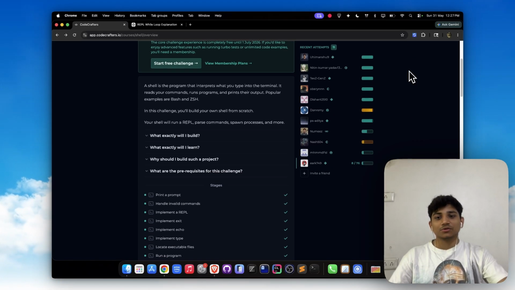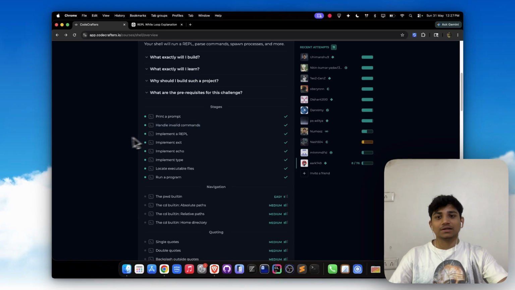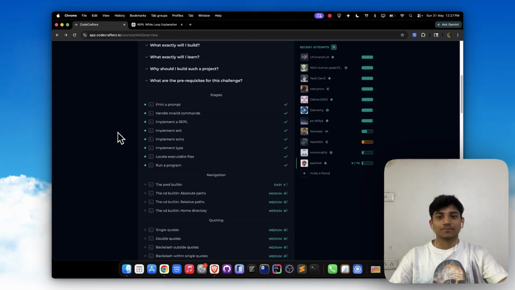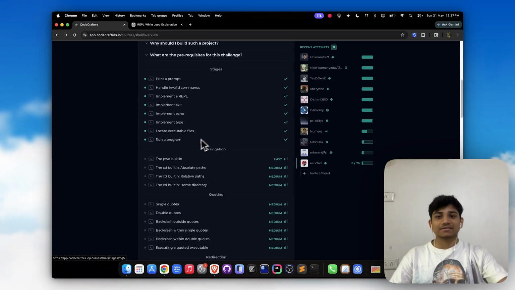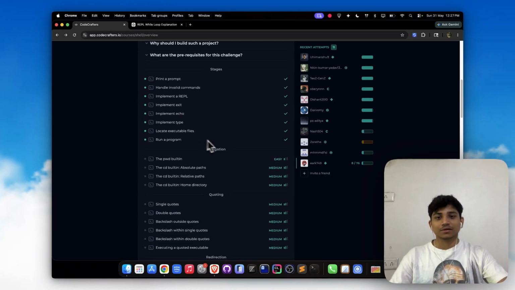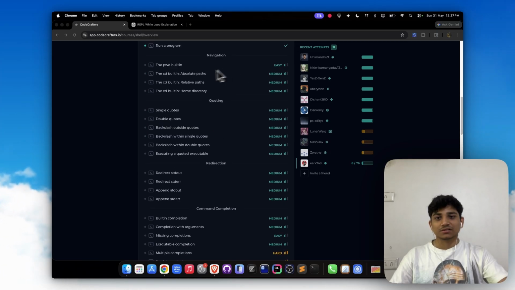In the last video, we built our foundation in our shell, made a read-evaluate-print loop, made a few built-in commands, and now we can run an external program in our terminal. Today we'll start with navigation. The first section is